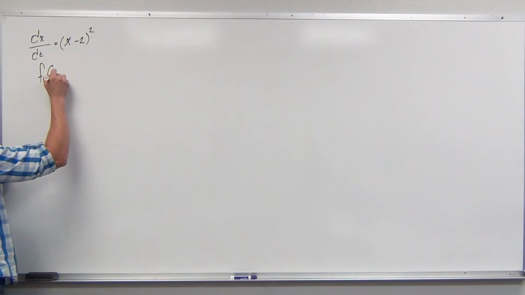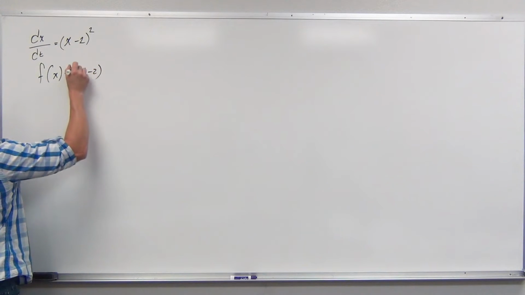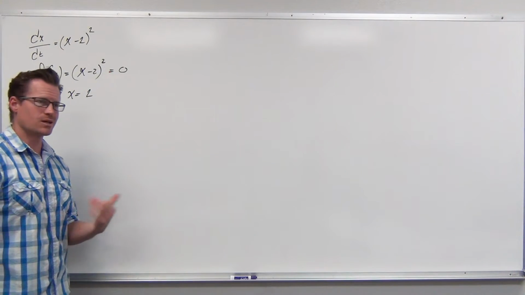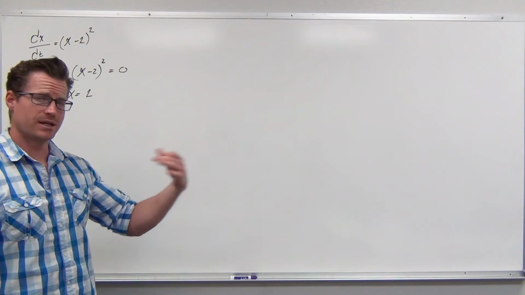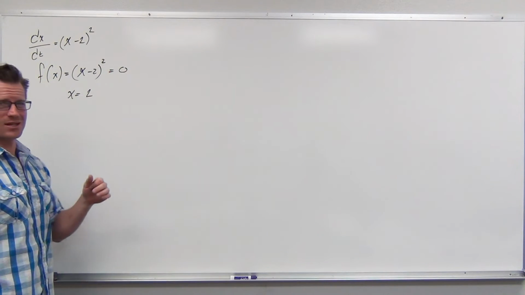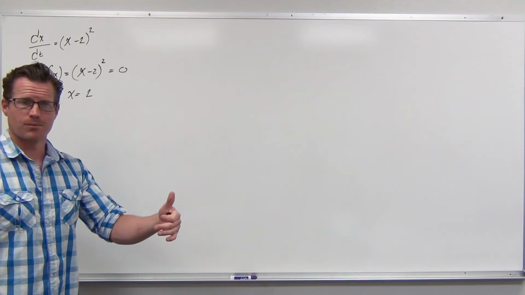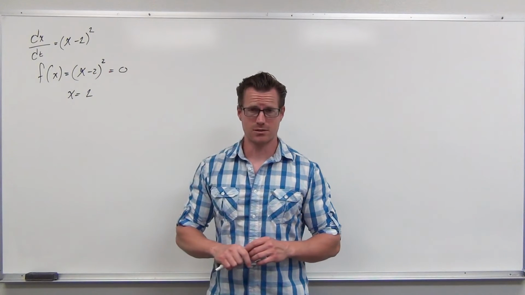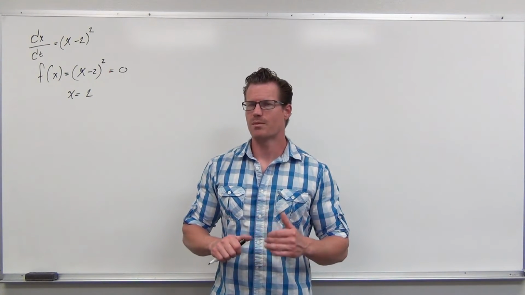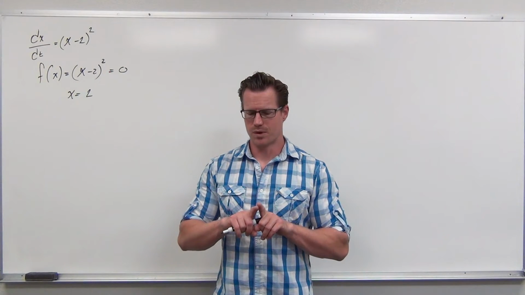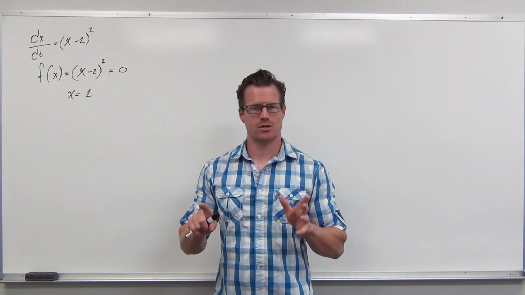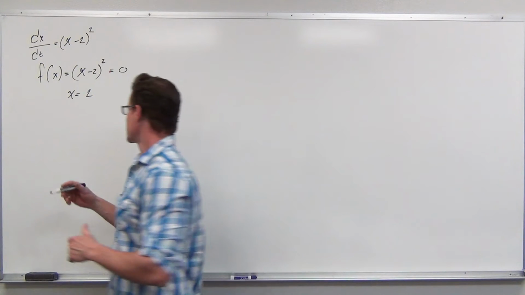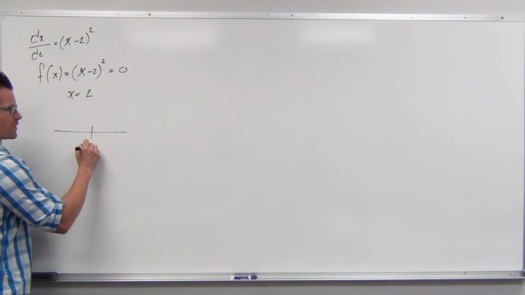Now, when our function is set equal to 0, we really just get one critical point. x equals 2 is the only critical point we have. So when we have these repeated factors, zero product property says just take your factor itself, set it equal to 0. It has a multiplicity. What multiplicity means is the degree of the factor that's giving you that 0. So that multiplicity is even. If you remember what multiplicity actually does, it means that on both sides of that critical point, you're going to get this symmetry. So they will have the same value, either both increasing or both decreasing, which means if we take this critical point and put it on our number line,